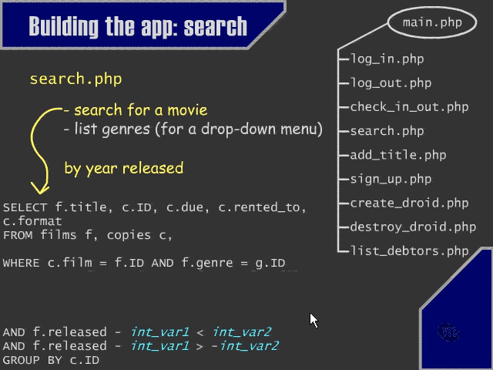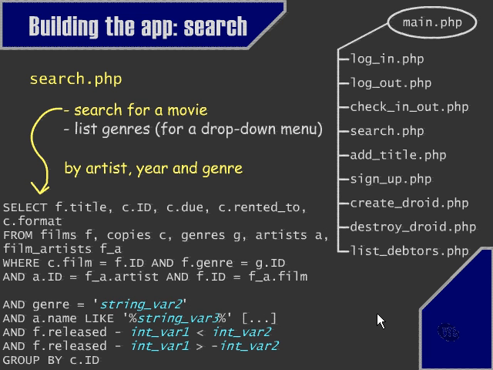We could also simply search by year released. This time we're going to search only on the two tables, films and copies. All the information is contained within the films table, and in this case we have int var1 and int var2. Int var1 in this case represents the approximate time in which the film was released, and int var2 represents the